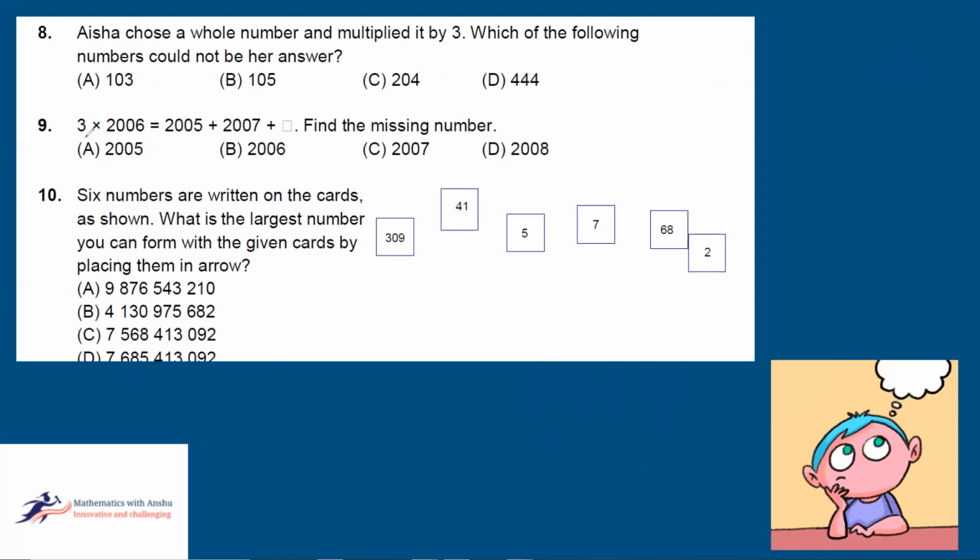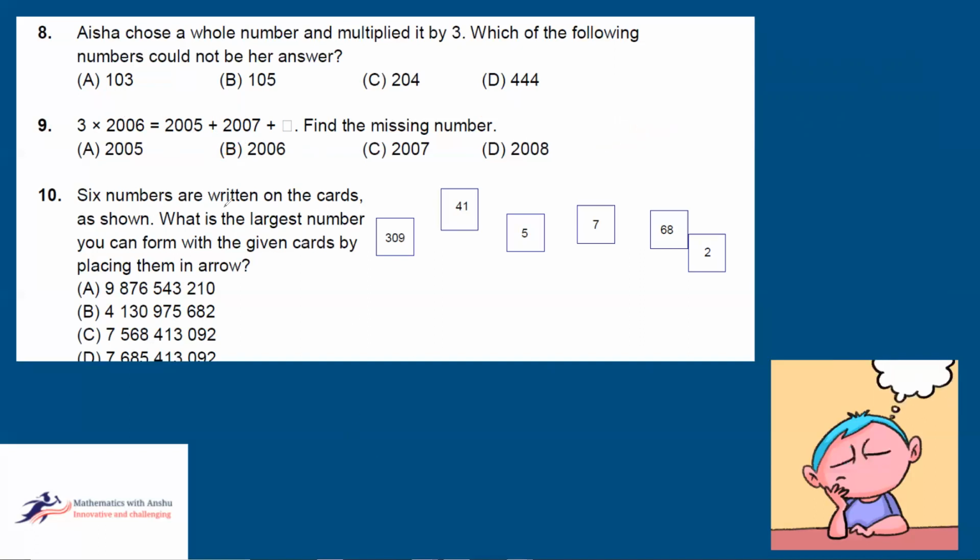Now next, 3 into 2006. So what will come here? If you're going to multiply, just see 18106, right? So find the missing number. You could have traced the answer very easily. 6 times 3 is 18, so 8 is coming here. And here 752 is coming, 12, 2. So what should come here? Definitely 6 should come, because according to the unit digit concept, if this is 8, then this must be 6. No need to solve the full question.